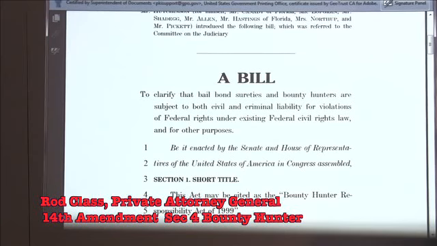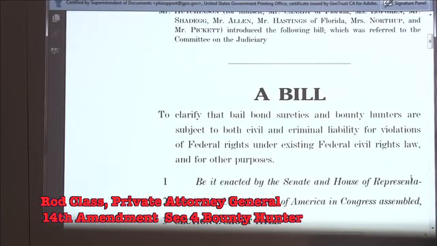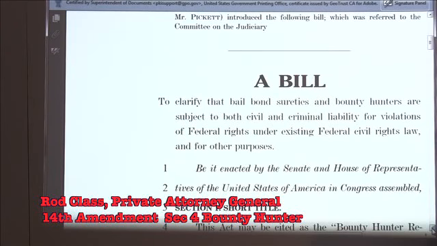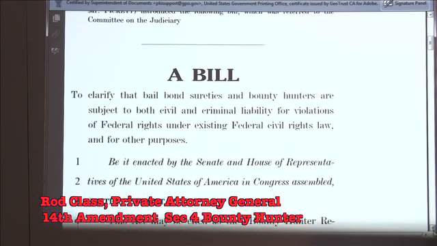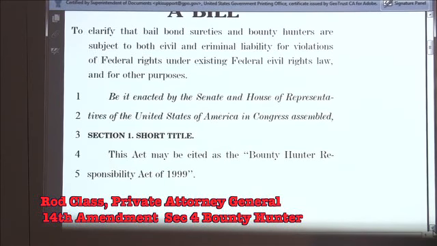To clarify, that a bail bonds, surety, and bounty hunters are subject to both civil and criminal liabilities for violation of federal rights under existing federal civil rights laws and for other purposes. As a bounty hunter, you got to watch what you're doing. You can't just be kicking in doors,